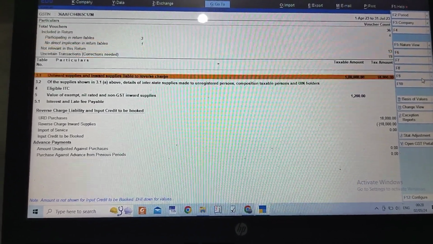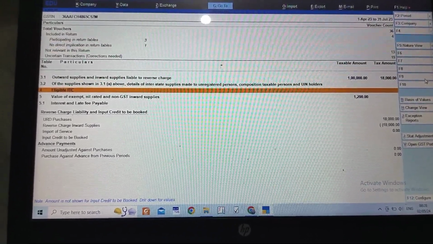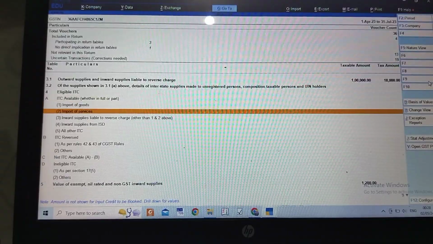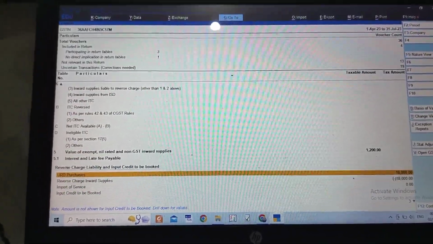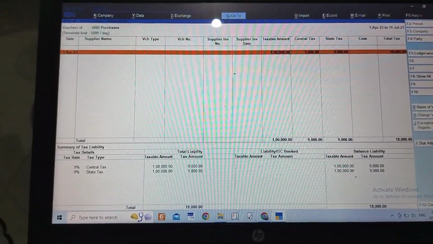Now you can see here, friends, eligible ITC, 18,000. Okay,